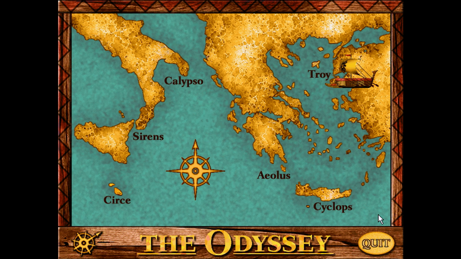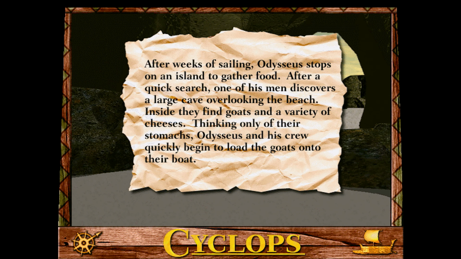I wanted the whole thing to have an illustrated storybook quality, so I created the map and all of the borders around the screens in Photoshop. The borders were designed to look like the wood of Odysseus' ship, with a Greek-style pattern and different colored trim for each section. The game lets you visit the 5 locations in any order, but we're going to head to